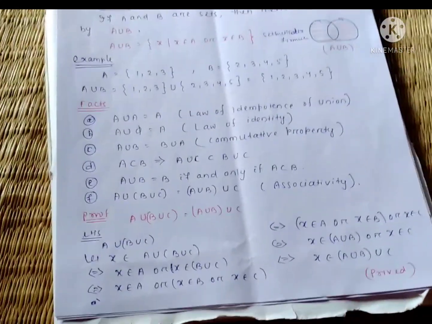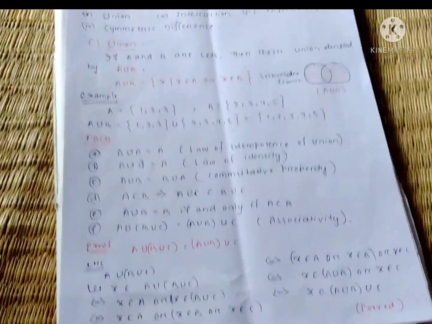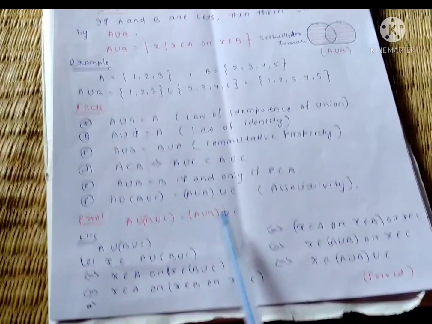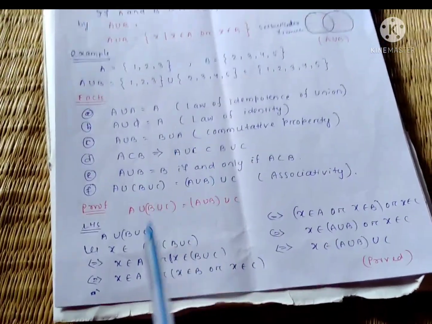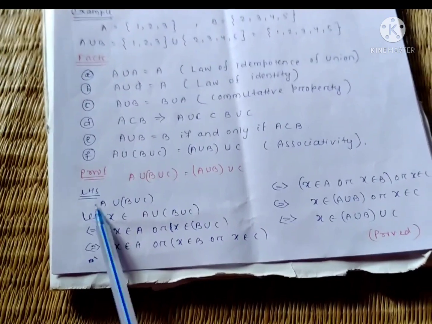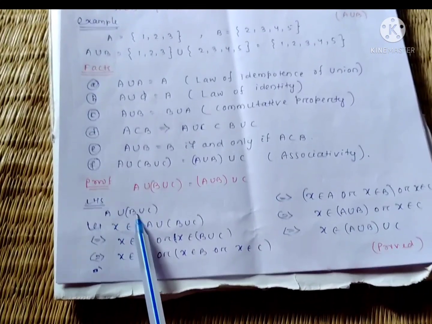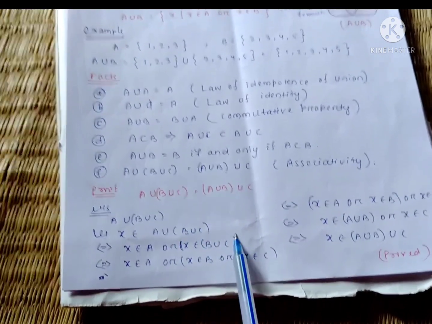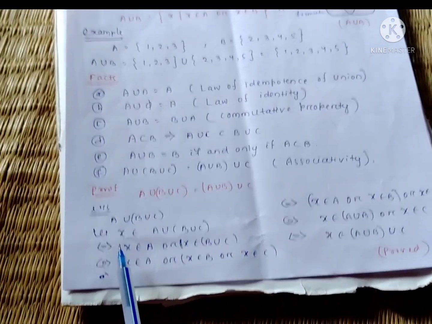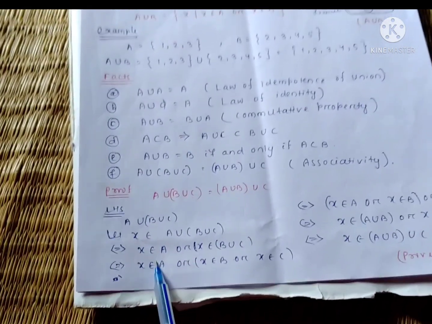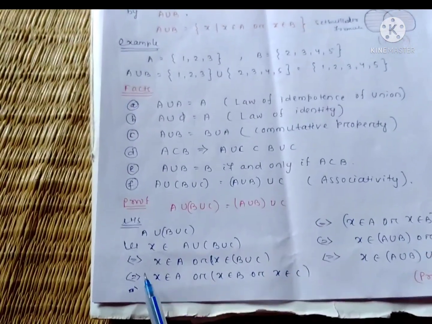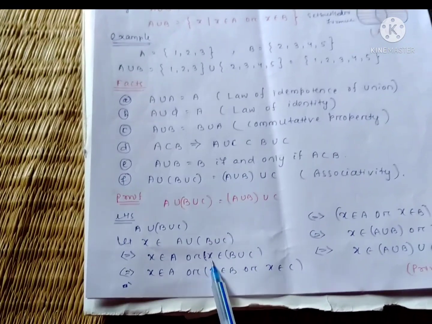प्रूव करते हैं, एक प्रॉपर्टी का प्रूव करते हैं. जैसे A union (B union C) equal to (A union B) union C, associative property का प्रूव. Let LHS लें, A union (B union C). Let X belongs to A union (B union C) implies that X belongs to A यूनियन के लिए और X belongs to B union C, X belongs to A और X belongs